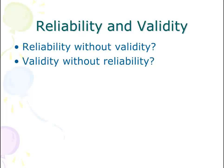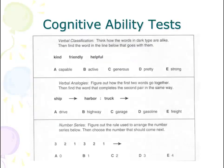Now, let's look at some frequently used predictors in hiring. Let's start with various kinds of psychological tests. Probably the most common psychological tests used in hiring are cognitive ability tests, which tap reasoning, verbal and numerical ability,